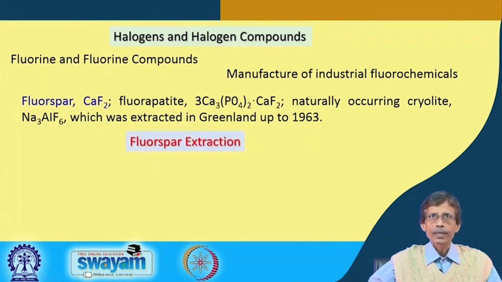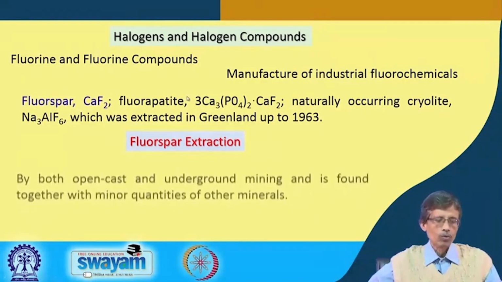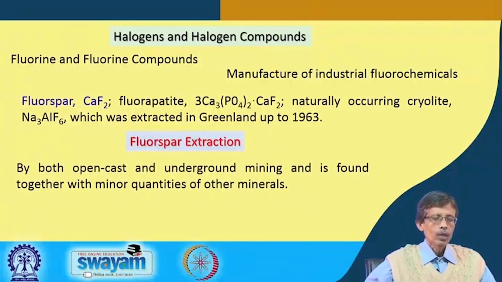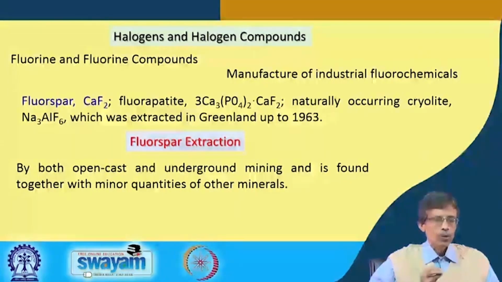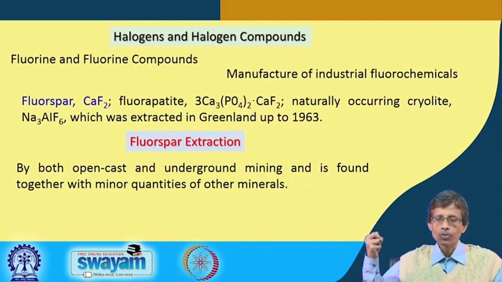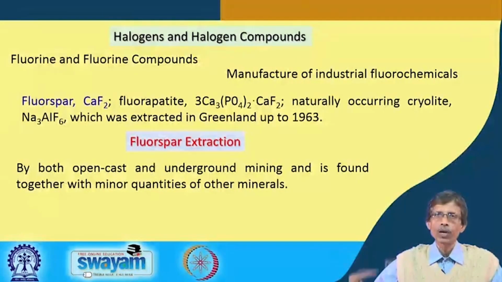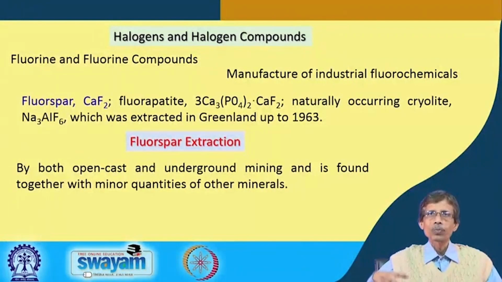Now, if we take this particular one, how do you utilize calcium fluoride or fluorspar, how do you use it for making some useful fluorine compounds? So, you go for the geological aspect, that means how you go for mining. From geological knowledge to mining industry knowledge, you can go for both open cast and underground mining to extract fluorspar. So, the first thing you have to identify is whether a fluorspar reserve is there